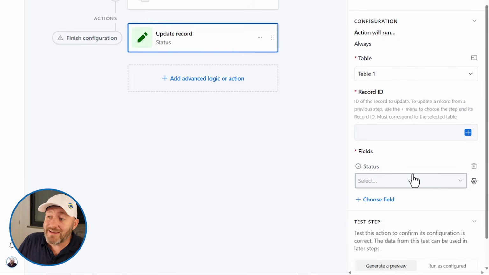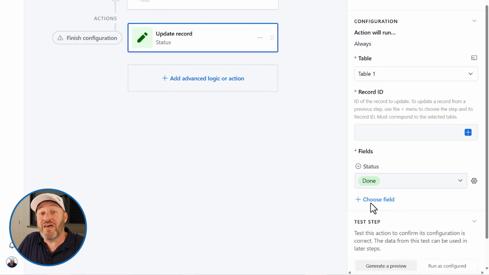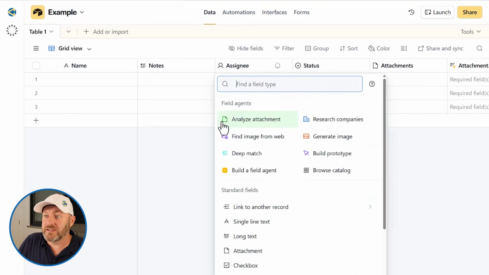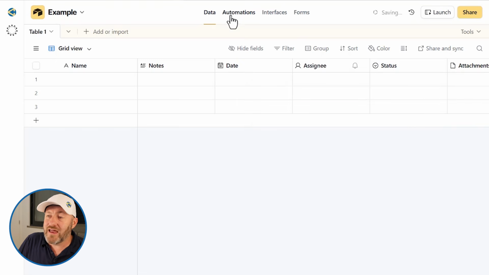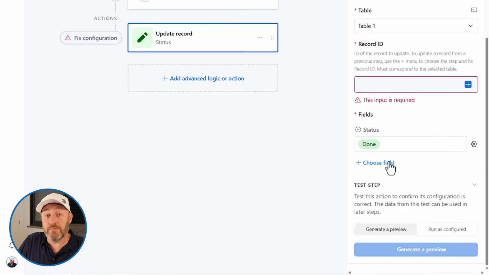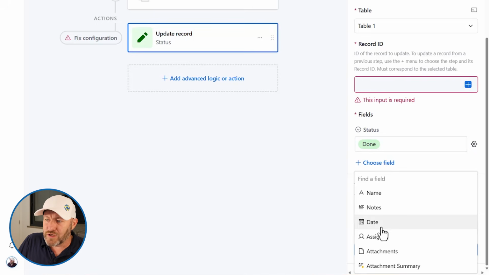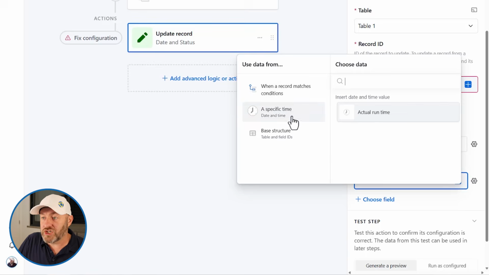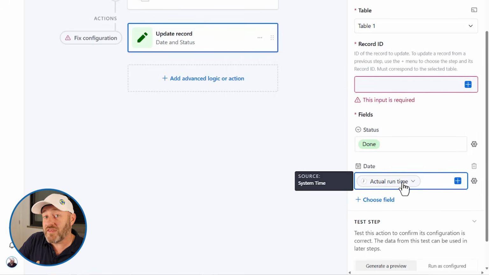So for example, maybe an automation updates your status to complete, but that isn't where you stop. You can then add a date time field as well back in your data layer. Let's go ahead and add a new date field. And then in our automation, we can actually stamp when that automation actually performed its action. So now not only are you able to see the updated status, but you can come in, add your date field, bring in the actual time that the automation ran, just like this. Bringing in the actual runtime, timestamping your record, and updating the status is way more powerful than relying on a